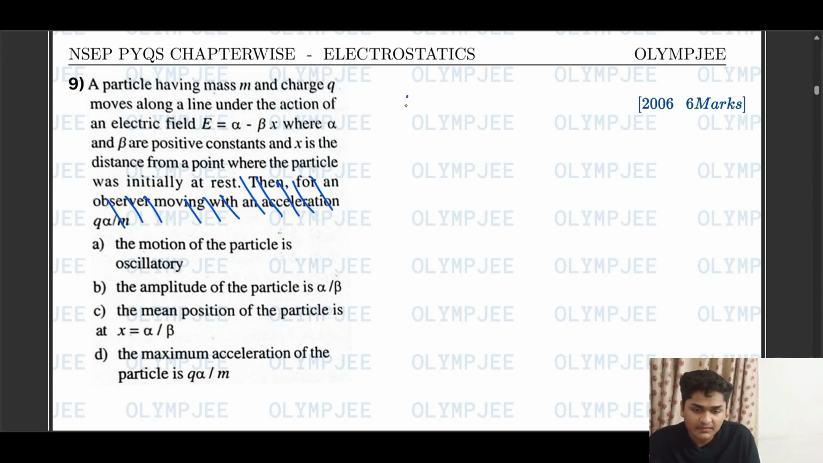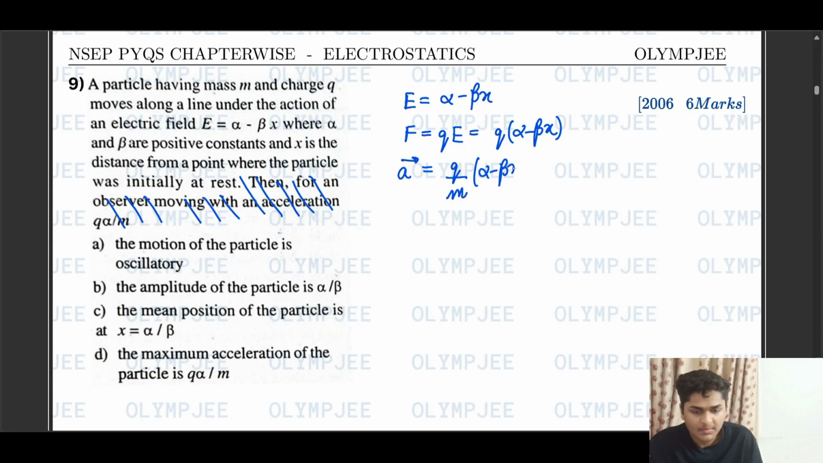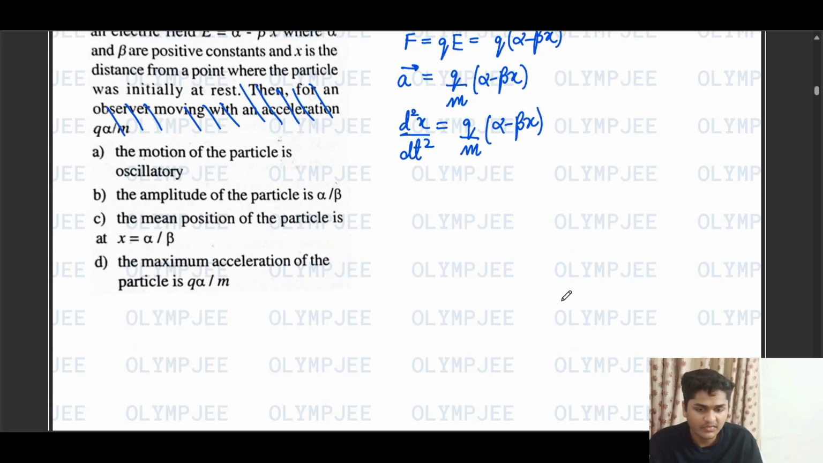So we are given that E is equal to alpha minus beta x. So force will be equal to Q multiplied by E, which is Q times alpha minus beta x. This will give us acceleration is equal to Q by m multiplied by alpha minus beta x. So we can write acceleration as d square x by dt square. And if we rearrange the terms, we will get